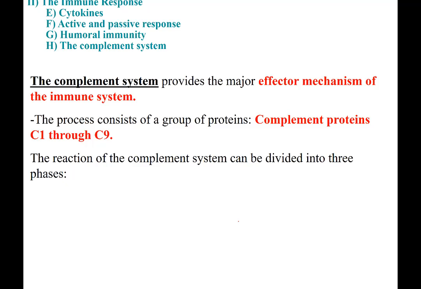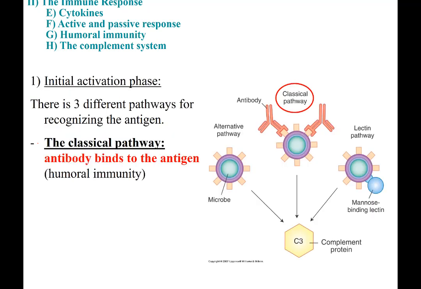And I mentioned to you before, this is an important system, and it's kind of complementary, obviously, to the rest of the system. So complementary to innate and acquired, complementary to the humoral and the cell-mediated. The complement system is made of proteins, and we're going to present the proteins from C1 to C9. Okay, so 9 different types of proteins. So how does the complement system work? There is an activation phase. First, like almost any system in the immune system, you need to activate the system. How do you activate the complement system?